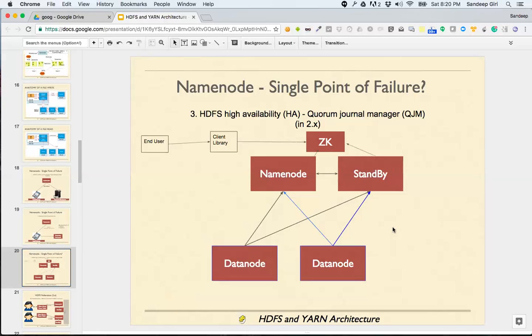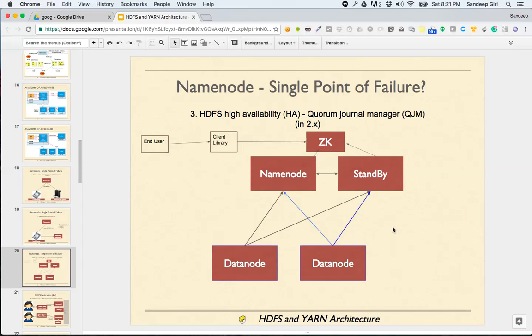Standby is basically another name node which is not really serving any user. It's just there to maintain the latest metadata. As soon as the first name node fails, the entire load goes to the standby. Standby suddenly becomes the name node the moment the name node fails.